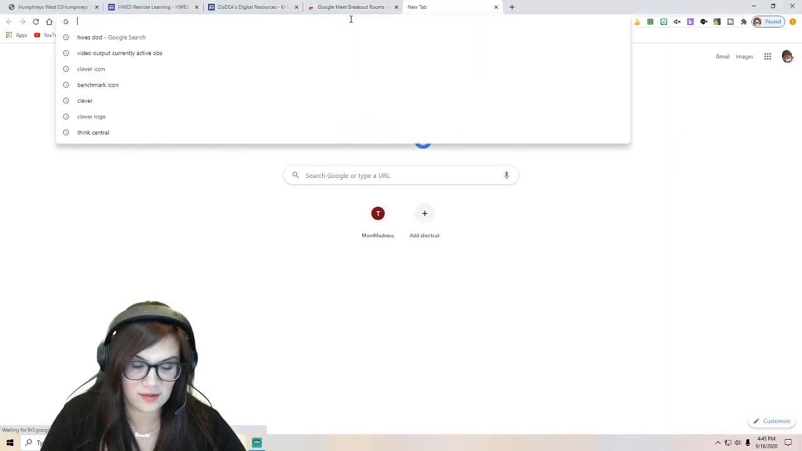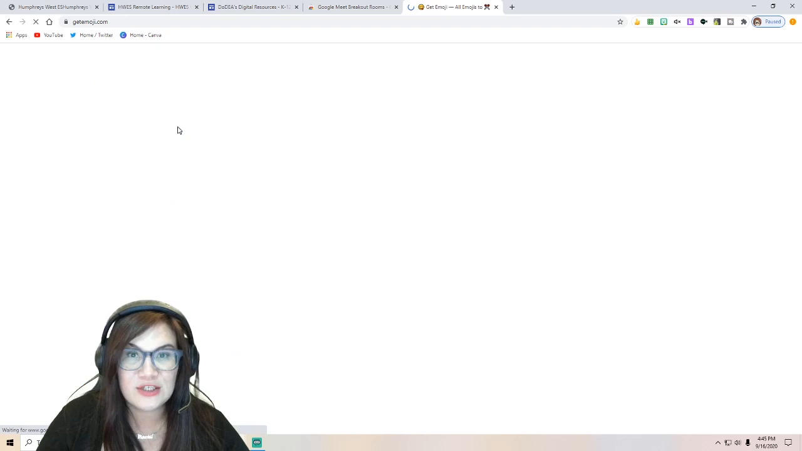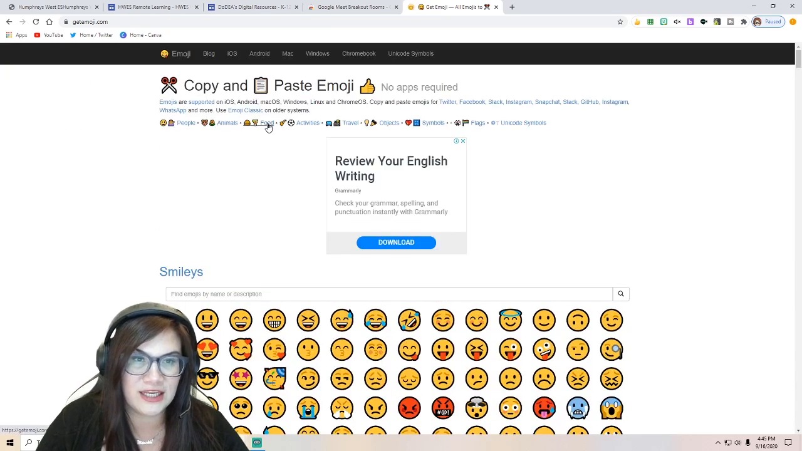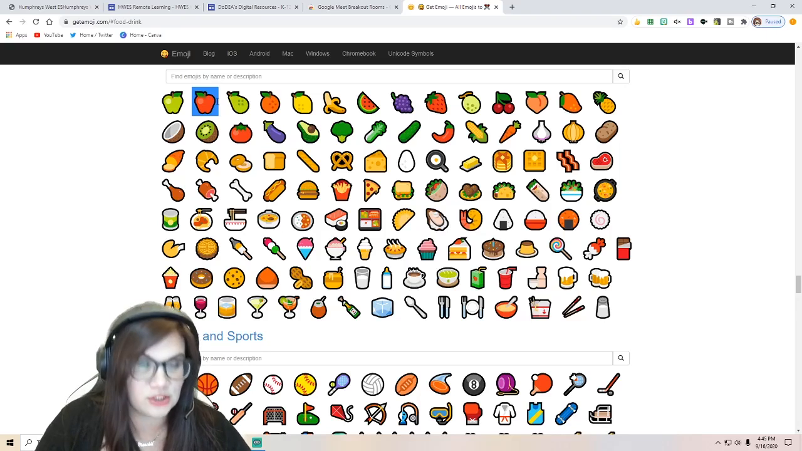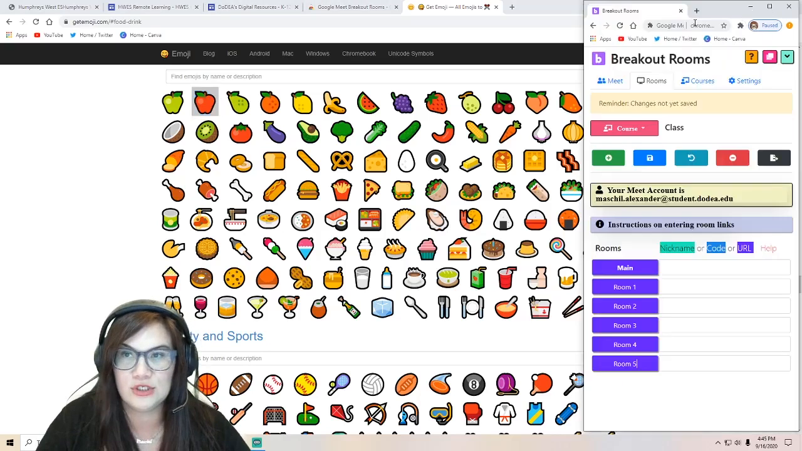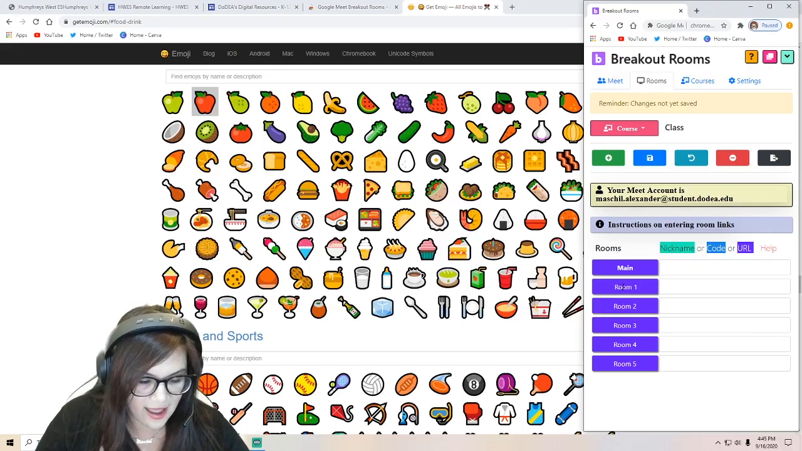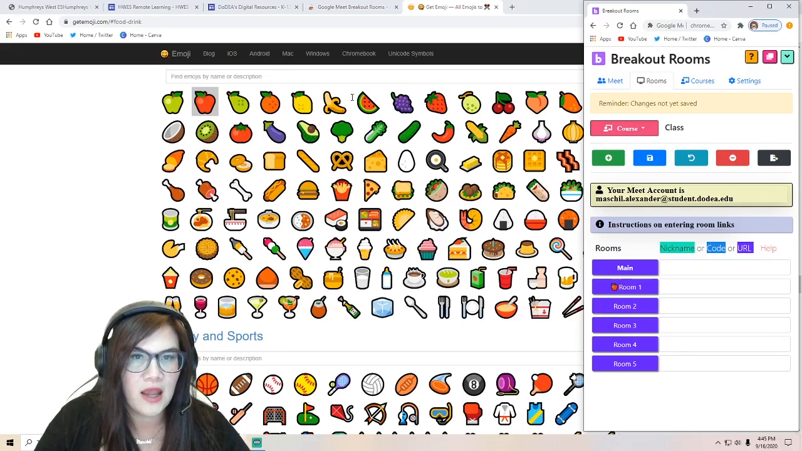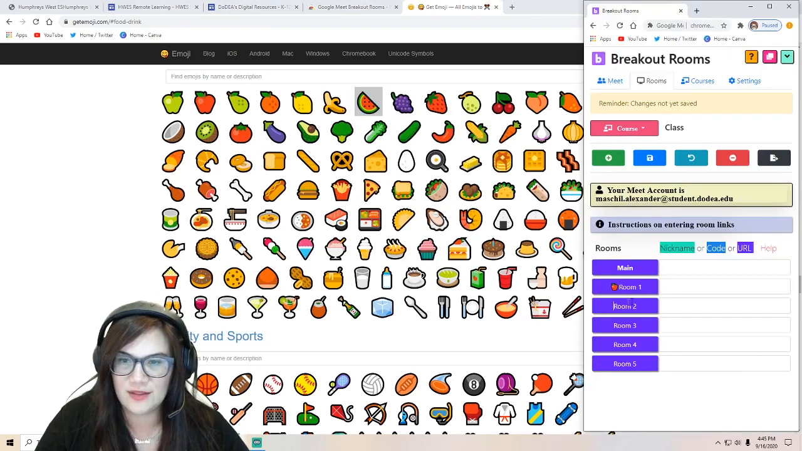But because I work with elementary students who need visuals, I like to go to Get Emoji, and I'm all about the food, so I'm just going to choose the fruits right at the top. If you choose the fruits at the top, you can say to your students, oh, choose the apple. So I've got an apple, and I'm going to have a watermelon,